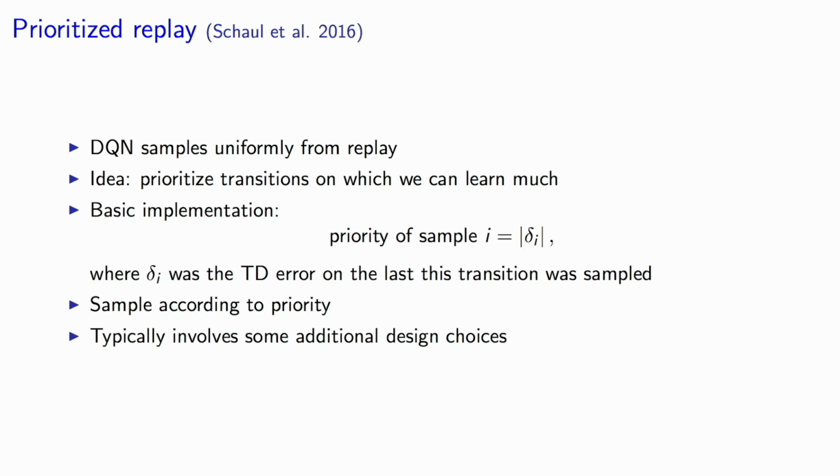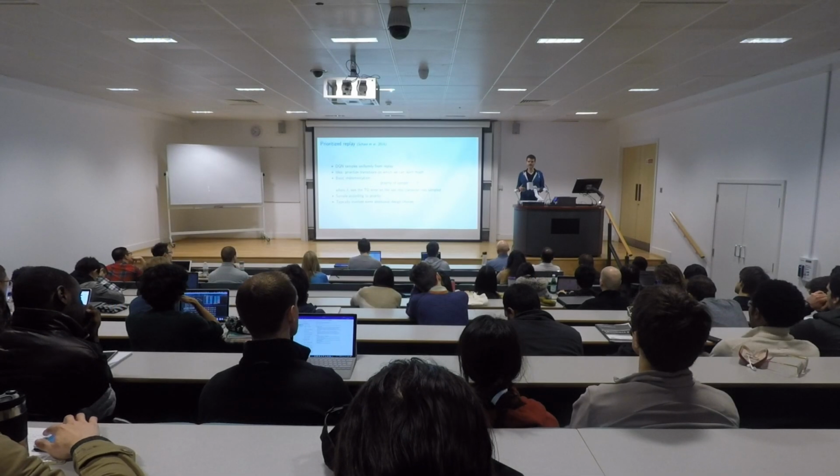There are some additional design choices. For instance, I put a bullet point there that says sample according to the priority. So we're not actively picking the highest priority sample. No, we're actually ranking the experience in the replay buffer according to the priority, but then we're still sampling to get some diversity in the typical case. And there are some parameters involved in that. How much do you sample? How much do you care about the priority compared to being a little bit more uniform? Some design choices there might be important to push performance up. But the main idea, if you just implement a fairly vanilla version of this, it should already help. So the main idea is just the prioritization, and that's the important bit, perhaps.